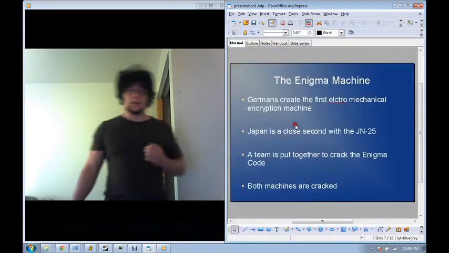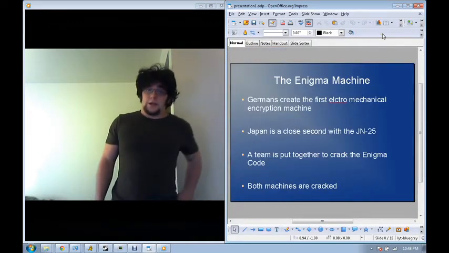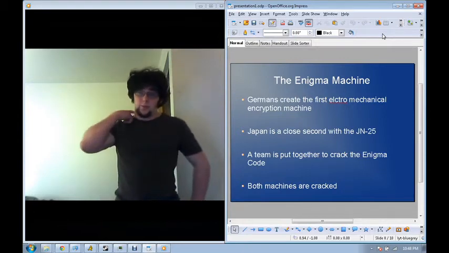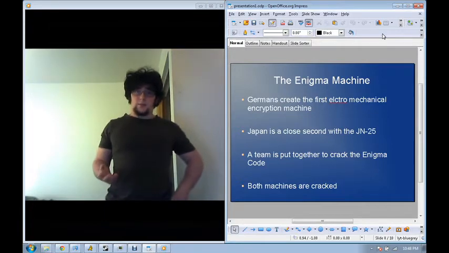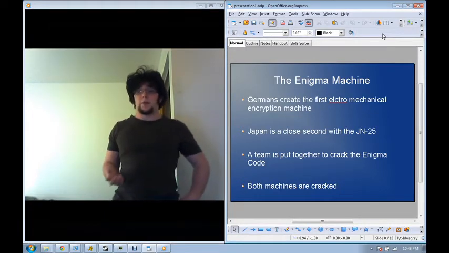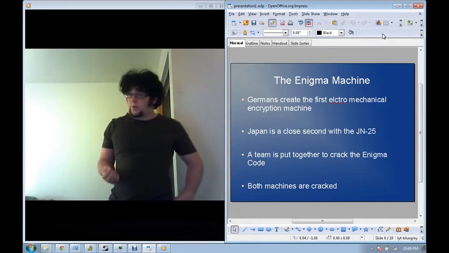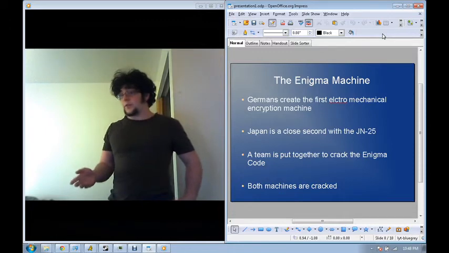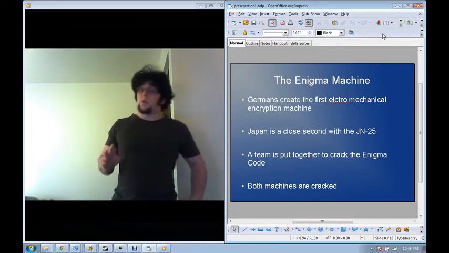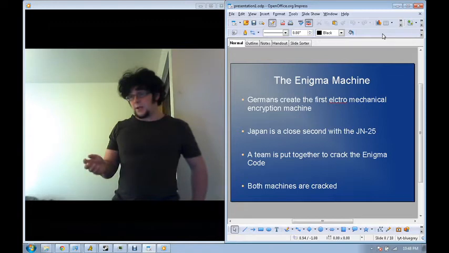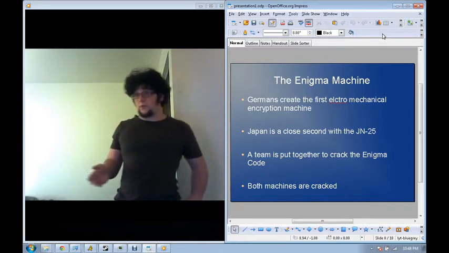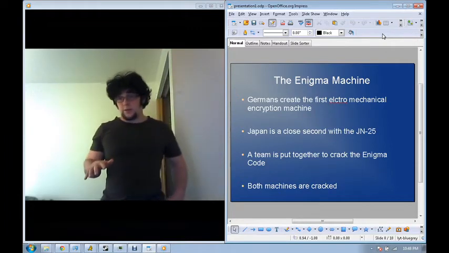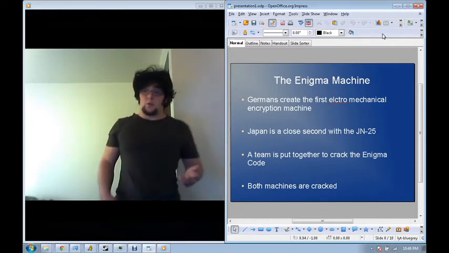The Enigma machine. A lot of people have heard of the Enigma machine, and probably for good reason. It was pretty important. The Enigma machine was an electromechanical device employed by the Germans during World War II, and it was the first example of a machine implementing an algorithm for the sake of an encryption. And until this point, all encryptions have been done by hand, and you can imagine how, when it comes to algorithms, a machine could be much more efficient in producing and running these algorithms. So as a result, the encryptions were much, much harder to crack.